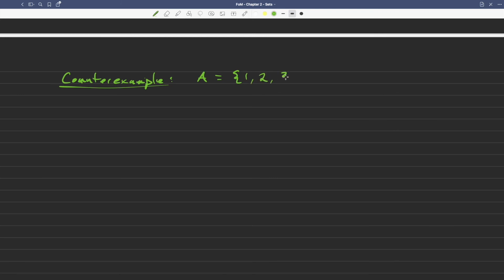containing 1, 2, and 3. And I want B to overlap with that. Maybe I'll do 2, 3, 4. And I want C to have some overlap with those other two sets. So maybe it'll be 3, 4, 5. And so we can then look at what is